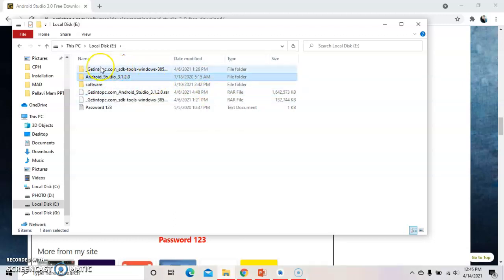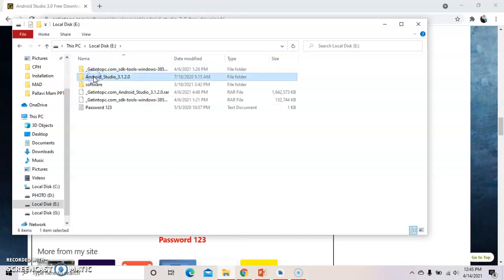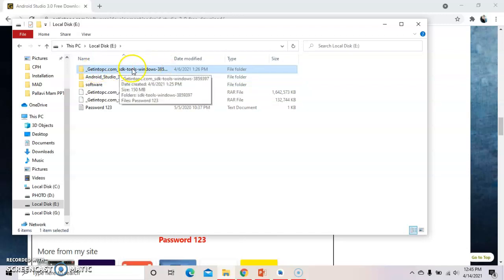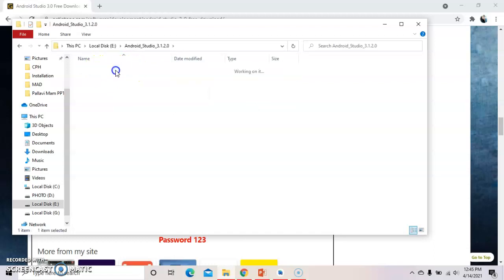Now for the Android SDK, we don't have to do anything here. Just click on the Android Studio main application. This remains the same. Don't click here, okay? We don't need to do anything here. Click on Android Studio, and this is the main application.